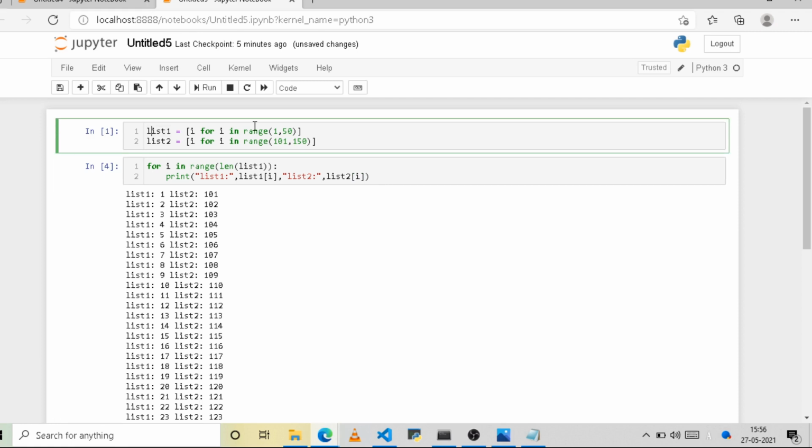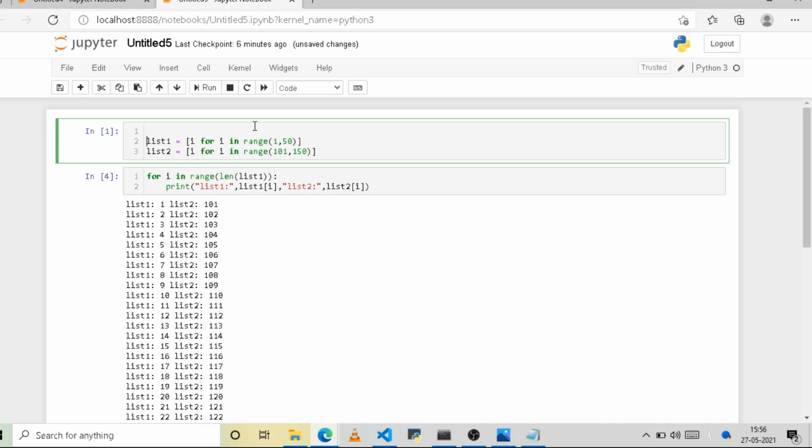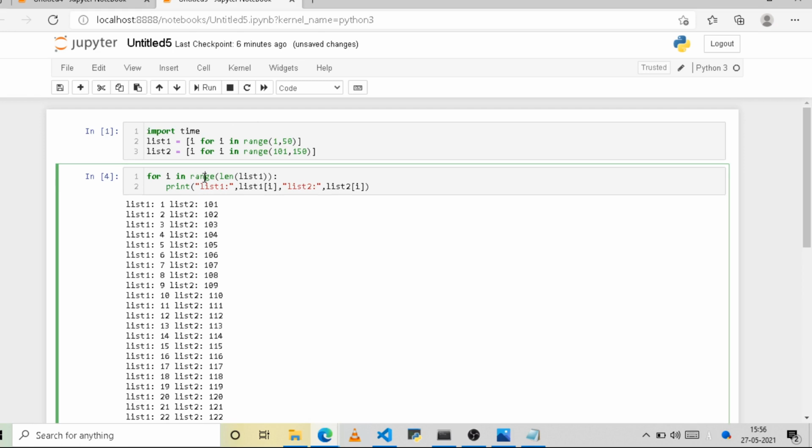I'm going to discuss various methods, and let us see the execution time for each method. For that I'm going to import the time library, import time, and use it to capture the start time and end time of this piece of code, and then find the difference between the two to see how much time it takes.